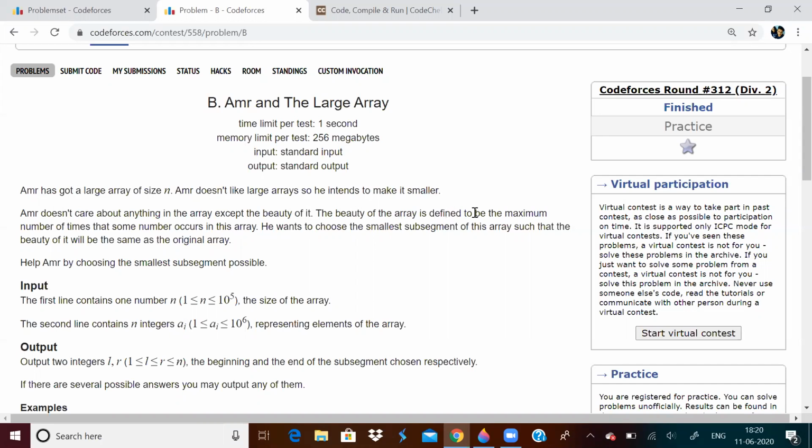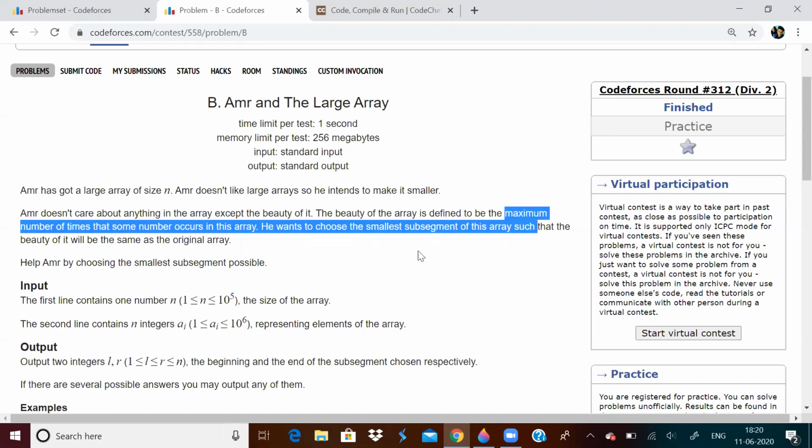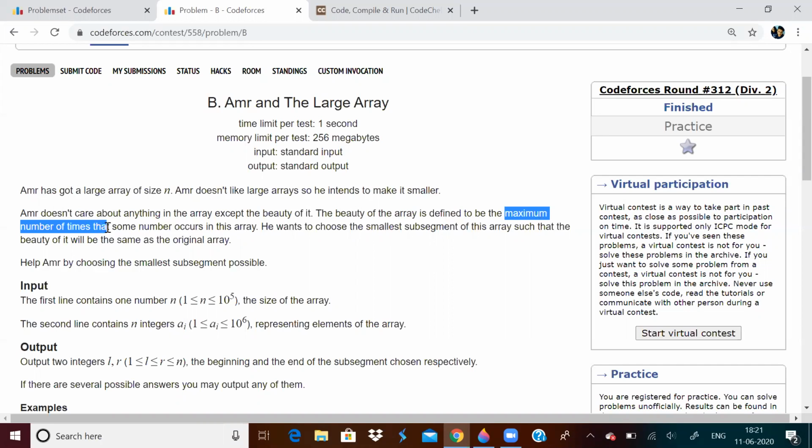Beauty of the array is defined as the maximum number of times some number occurs in the array. He wants to choose the smallest subsegment of the array such that the beauty of that subsegment will be the same as the beauty of the original array. We need to find that smallest subsegment possible.